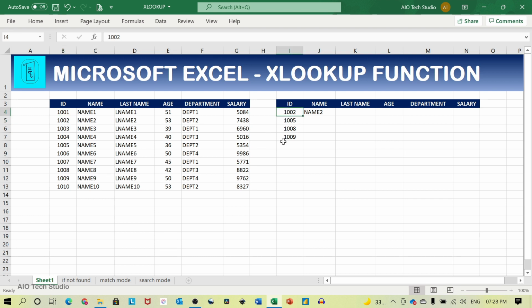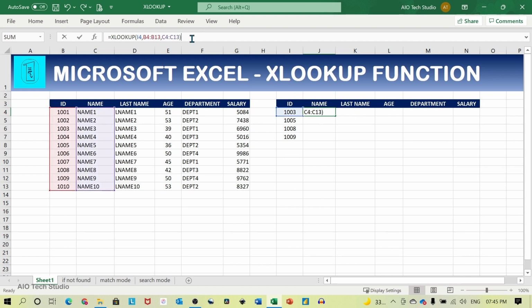Let's try and change the ID value. So we get the result name 3 from the data set. Now let's retrieve the last name from the data set using the same formula.